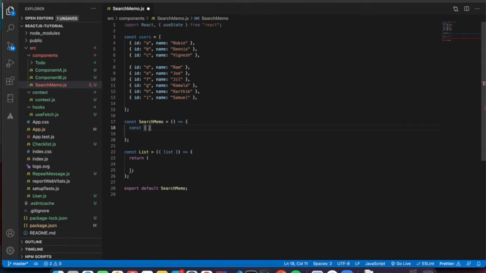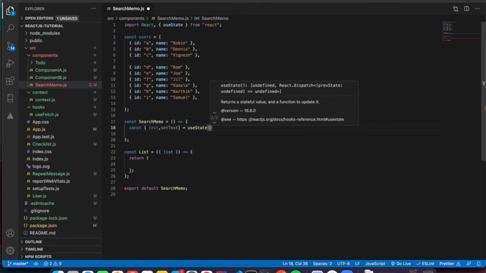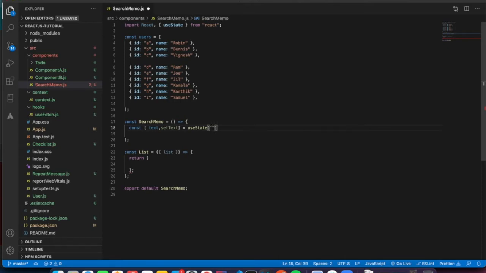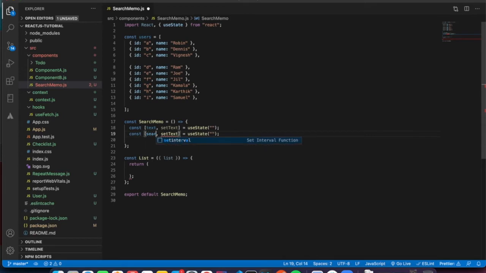That will be text and setText, and we will input the useState, and it will be initially empty. Similarly we'll do it for another useState. I'll explain why this is actually needed. So search and setSearch.